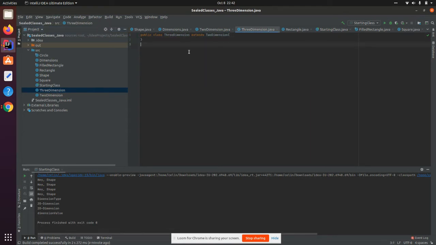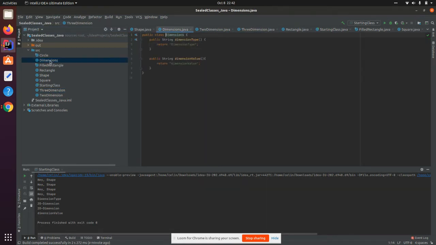So what happens in this particular scenario is all the methods or instance variables or class variables available inside the dimensions are accessible in three dimensions, provided it is not overridden inside two dimension. If it is overridden, it's able to fetch the value from the two dimension. So the limitation is that